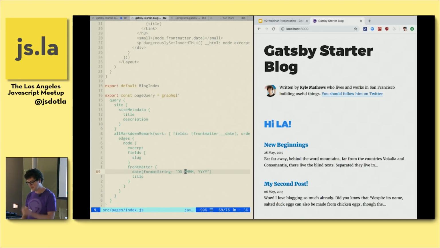Okay, so it's also cool that the query also hot reloads. If you change the query, then the data changes. We're querying the date, which then shows up over here. But we also have this format string, so you can format the string of the date in your query, which is cool. So what if we change that to that? What happened? Oh, there it goes. It just took a little while. Then we change it back, and it flips back and forth.